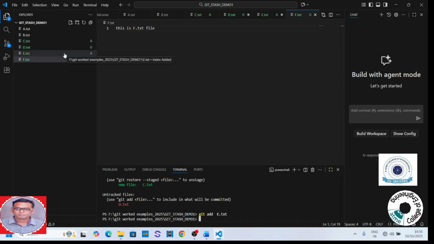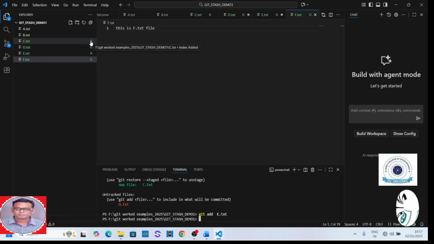Both are tracked files, that is they are added to the staging area. You can clearly see e.txt and c.txt appear in a color, meaning they are added to the staging area, whereas d.txt and f.txt are both untracked files, meaning they are not added to the staging area. Suppose in a scenario you want to apply stashing to both tracked files and untracked files,